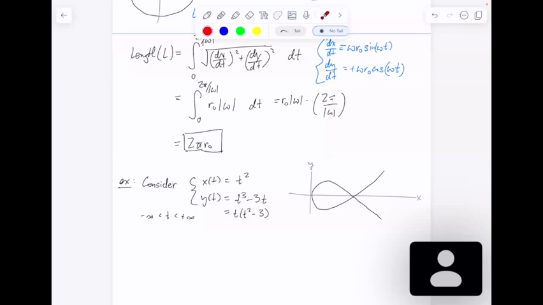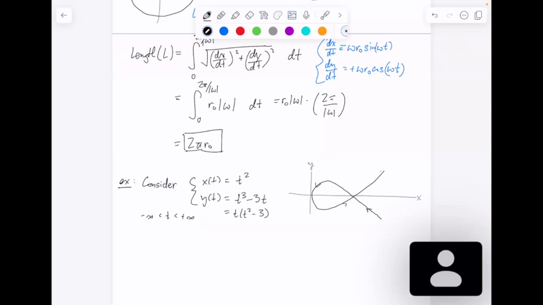And t here is also something very huge and very positive. So this overall thing is going to be very positive as t tends to infinity. The reverse happens at negative infinity. So you're actually going, at minus infinity, you're somewhere down here, and then you loop up. So that's the direction of travel